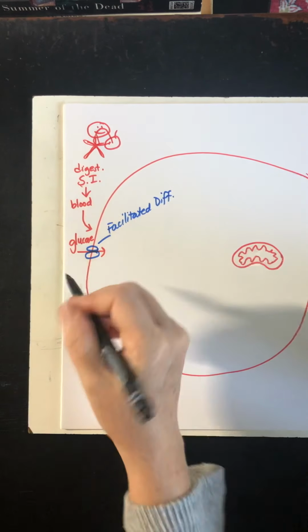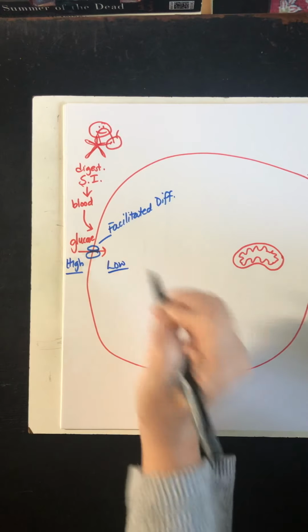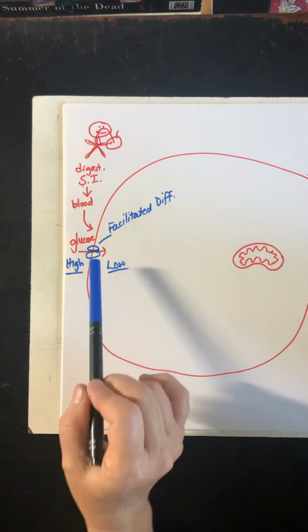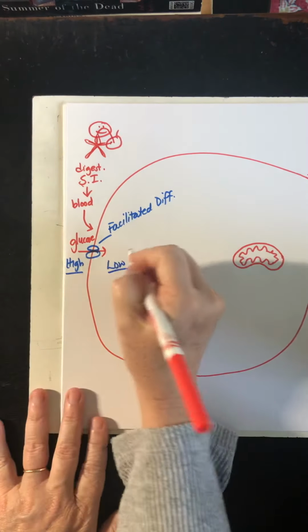Okay, so it diffuses in because it goes from high concentration in your blood to low concentration in the cell. Cells that have a lot of sugar don't bring in any more sugar. Okay, so this is how it knows to come in or not, and it has its own little channel that it can pass through. So let's say this cell needs some energy, so the glucose is going to diffuse in,